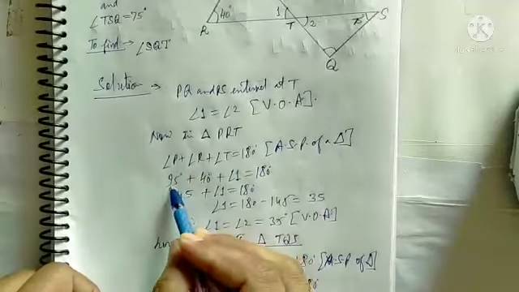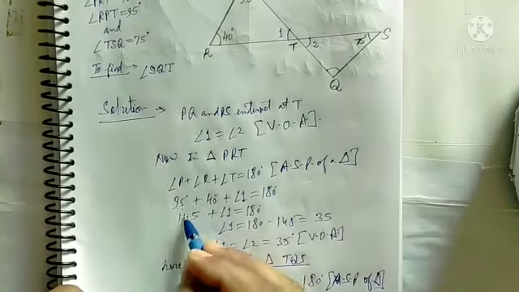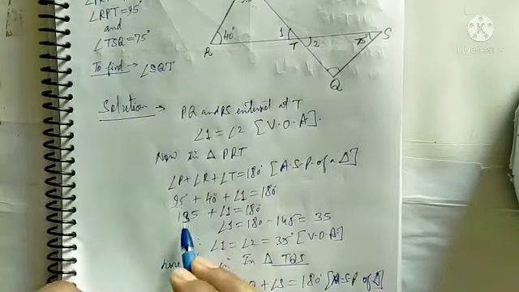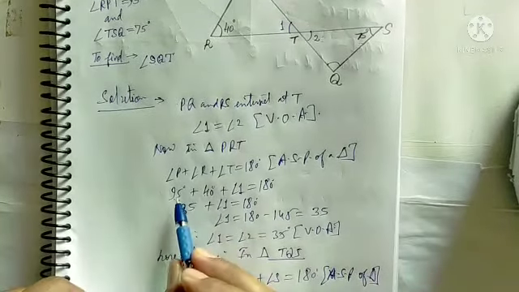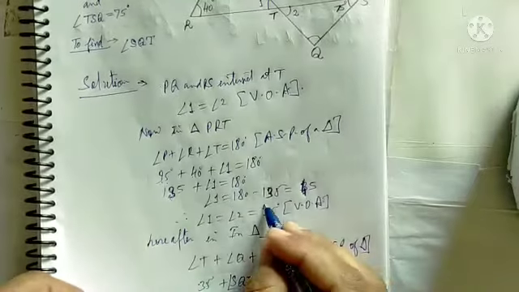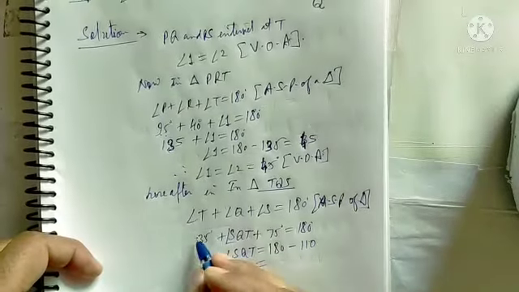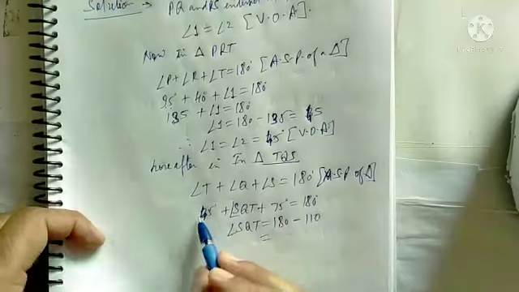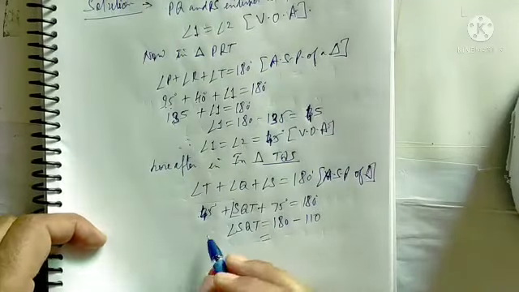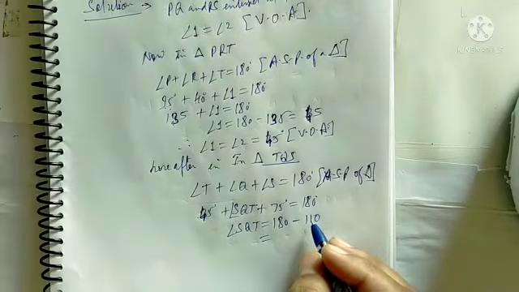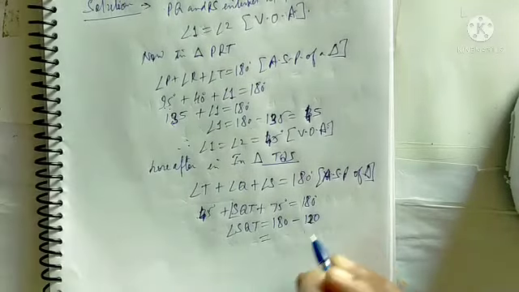Here is the subtraction. This is 135. Then 9 plus 4 is 13, then 35. Subtract 135 from this, and here we get 45. Yes, 45, so this is 45 degrees. Angle 2 is 45 degrees, so right here 45. If it is 45 plus 75, then it will come to 120. 180 minus 120 will give you 60 degrees.